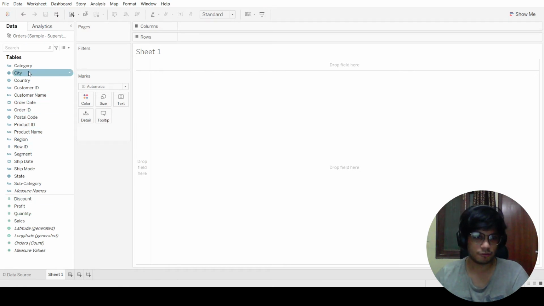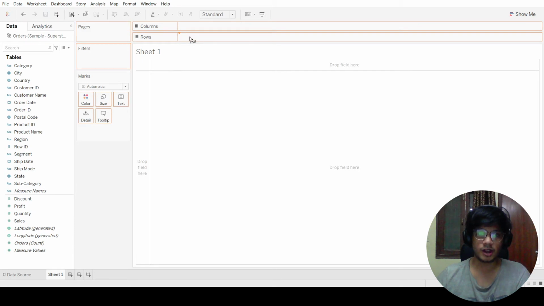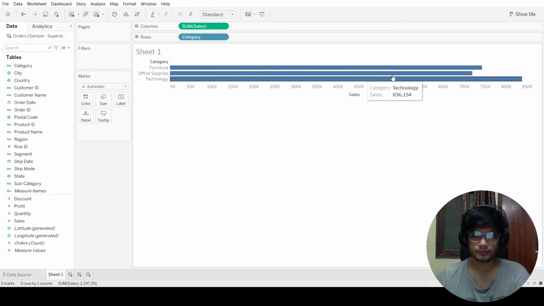So we can start off by creating a graph of the various categories we have and the sales we've experienced in them. I just drag it over to Categories and then I can see all of my categories here. These are called shelves and we'll touch upon what each of these mean shortly. But for now, for defining a graph, we add rows here and columns here. So I'm going to add Sales to my columns